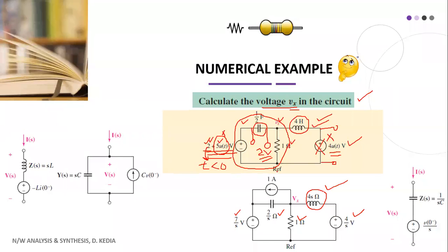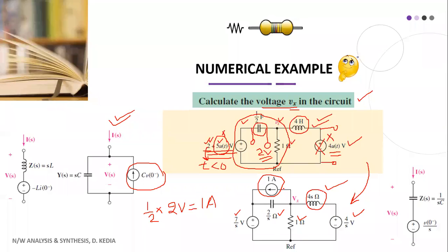Fine. Now let us see, since in this circuit solution this representation has been used, which we have already seen, we have a current source in parallel whose value is CV0. The value of C is 1/2, and the value of V0 is 2 volt. So this gives us 1 ampere, and this 1 ampere has been shown here. This is how we have obtained the Laplace equivalent circuit for the given circuit.